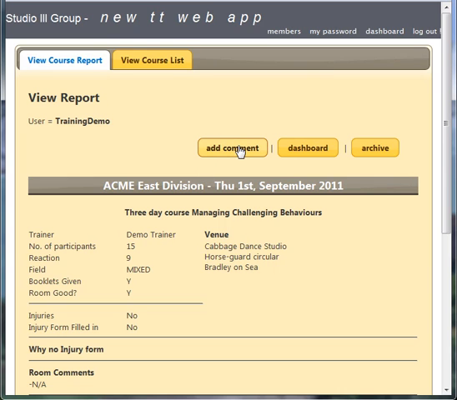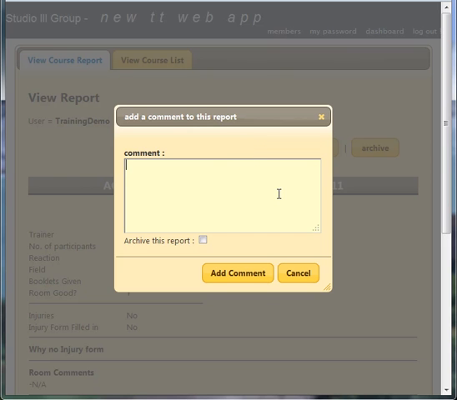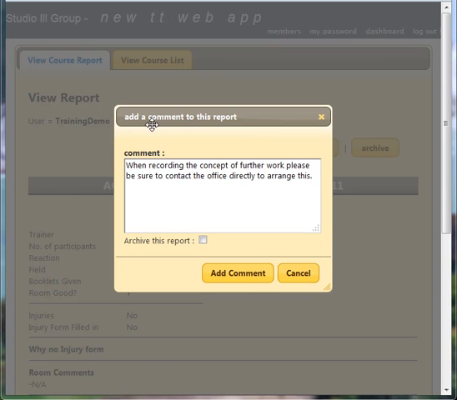When we go back to view the course report, we need to talk about commenting on a course. When we want to comment on a course, we add a comment here. So adding in a comment there. Now you're bearing in mind that this can be seen by a few people, all the qualifieds. The person, the course second, could add some comment, and the training officer, etc., or whoever is the supervisor above the person who took the course. I can automatically archive the report by ticking that button, but I'll talk about that in a minute,